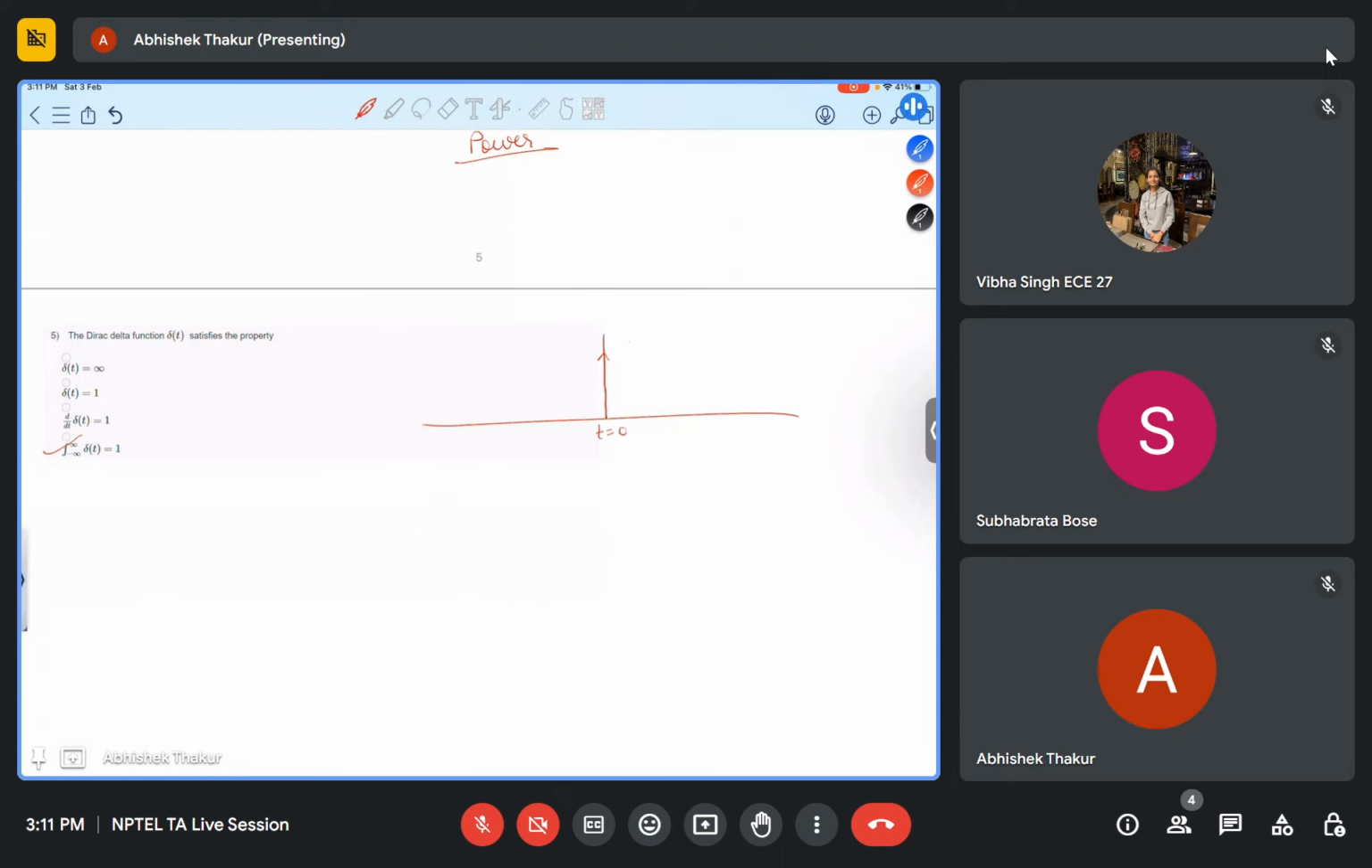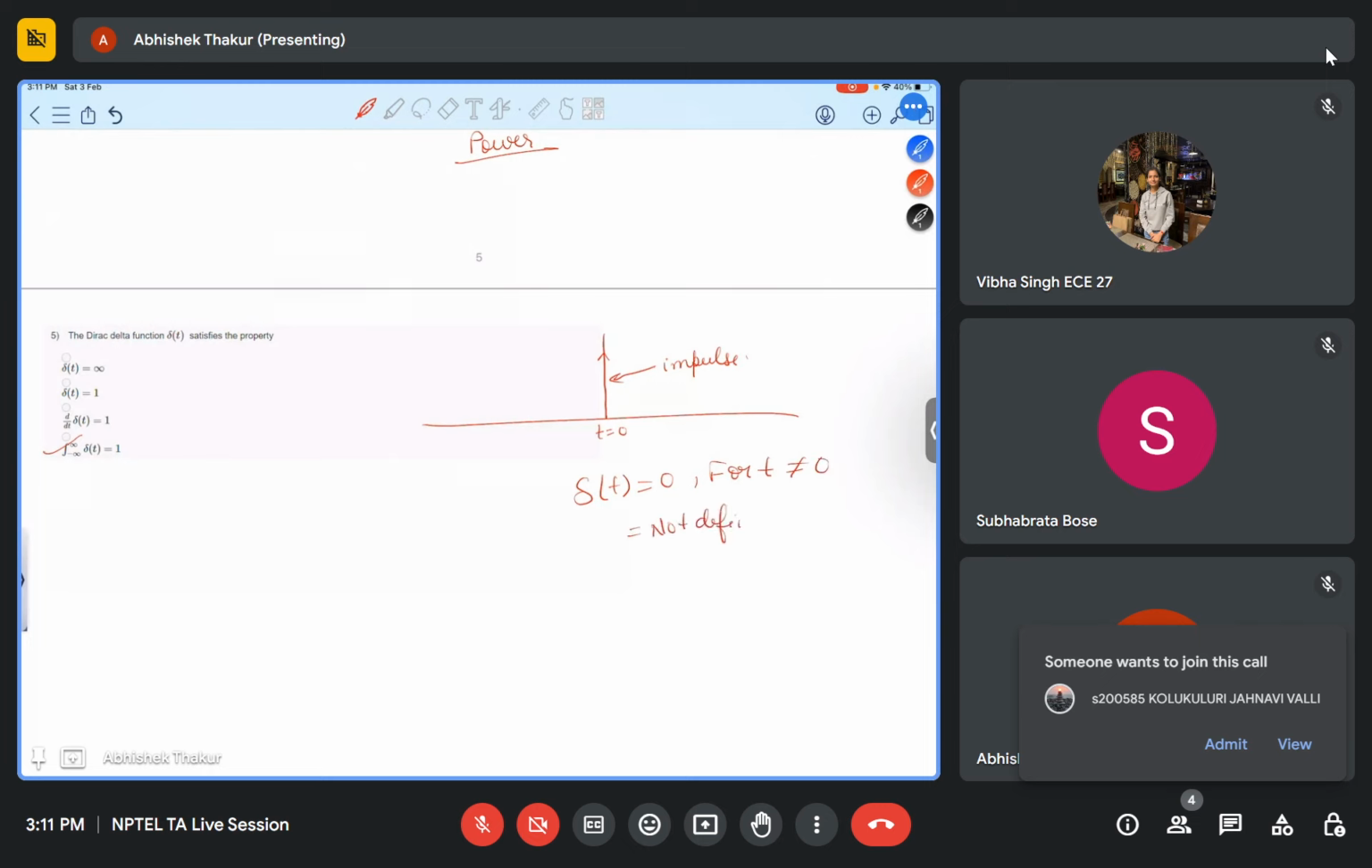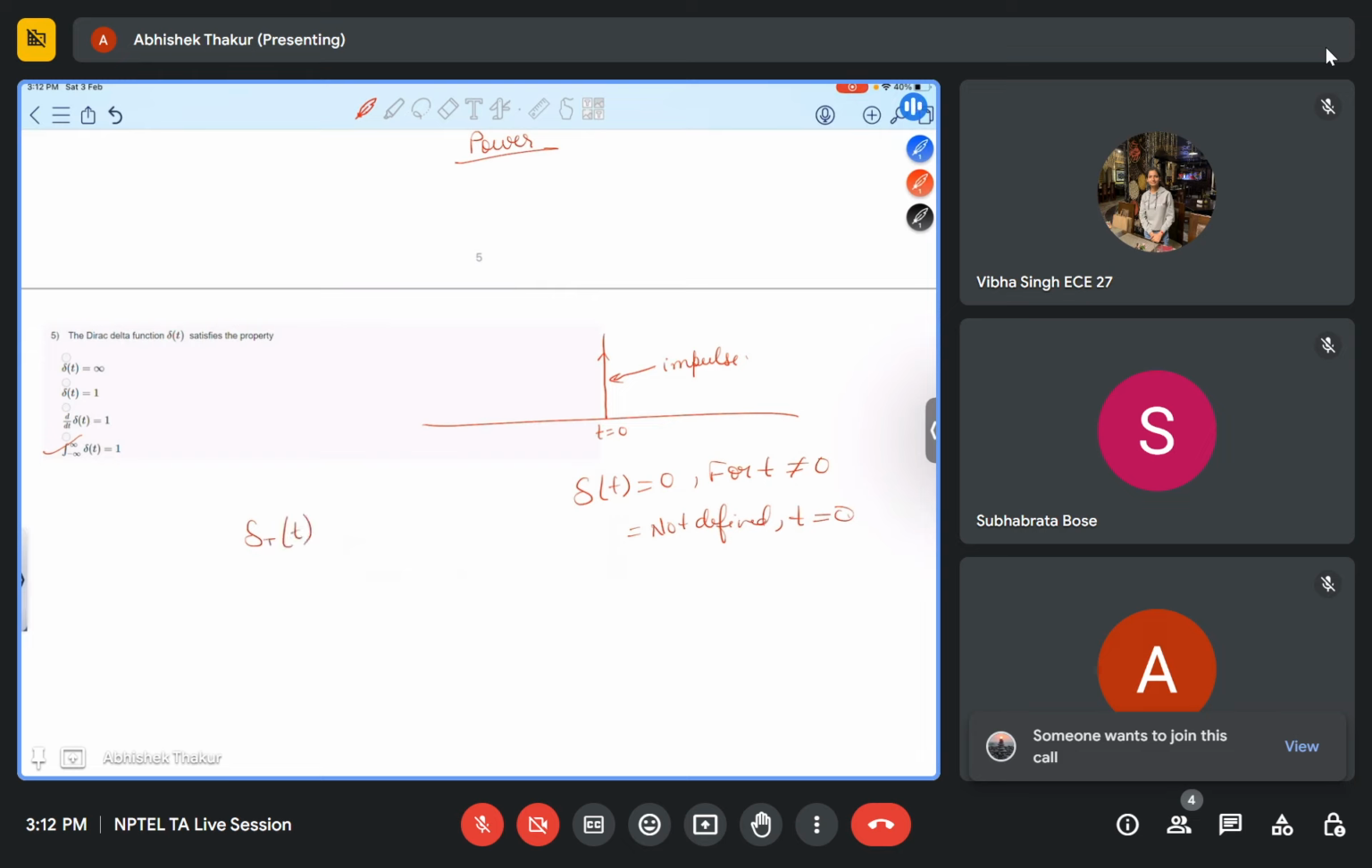So it is just an impulse at time t is equal to 0. At all other locations, the value is 0, so δ(t) is equal to 0 for t not equal to 0, and is not defined for t is equal to 0. And also this Dirac delta function can be written as,